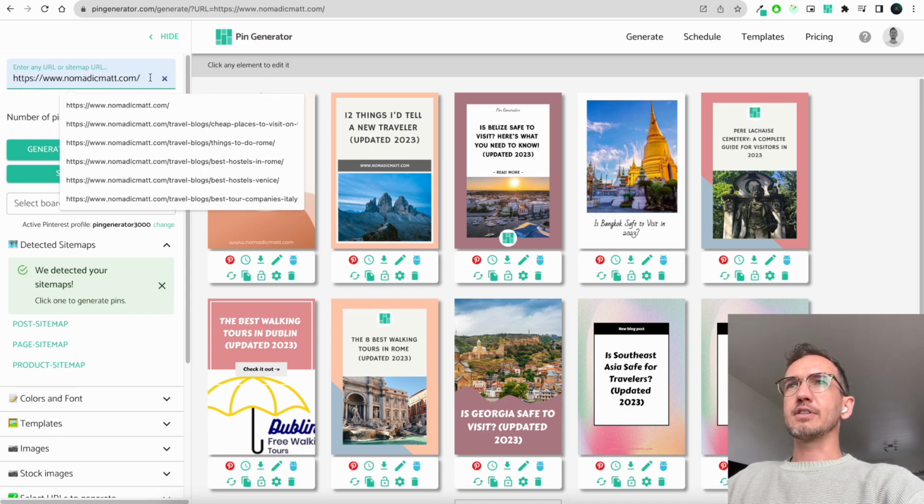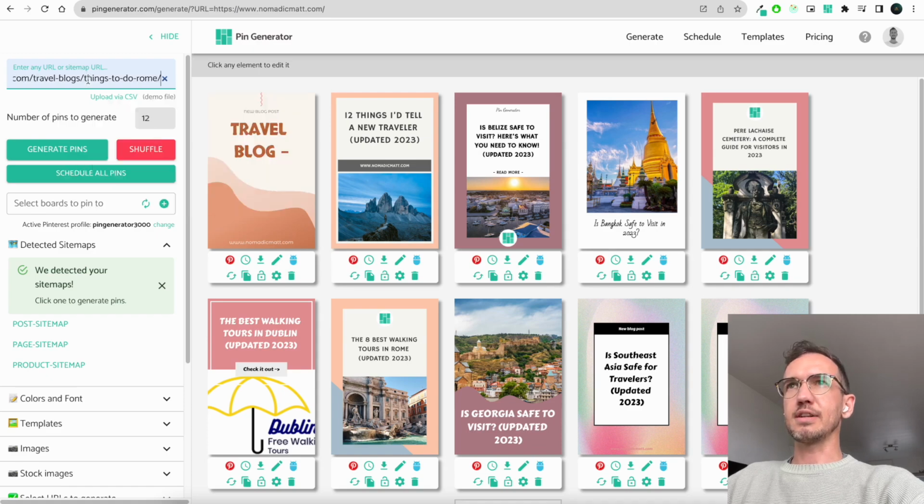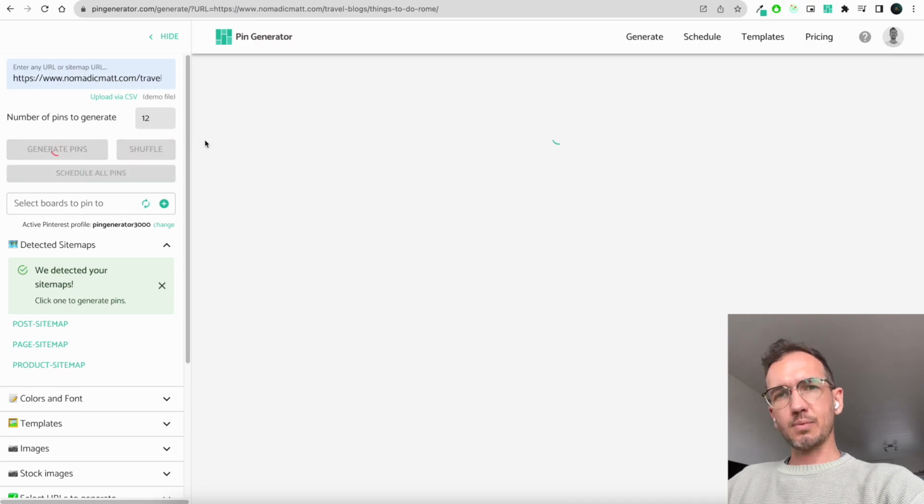If, for instance, you don't want to use a sitemap, you can put in the direct URL to any web page and click generate. And that'll go to that web page, grab its images, grab its metadata, and use that to set up pins. So when you go to a single URL, it'll give you another option. As we'll see here, it'll pop up with a whole bunch of image options. It'll show you all the images that are detected from the page,